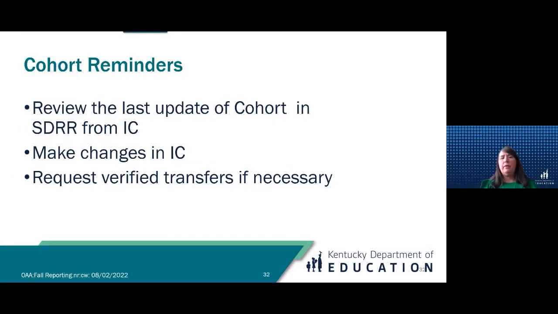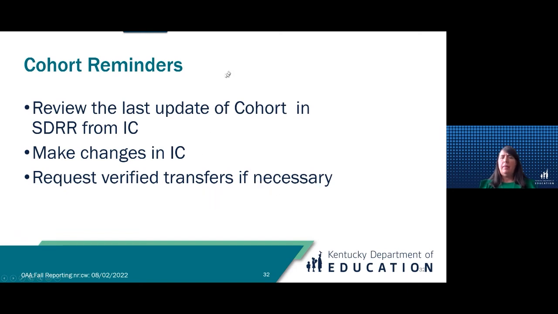Cohort reminders: review the last update of cohort, like I showed you in red. When you click on cohort from IC, that will be August the 5th. Make changes in Infinite Campus. You would request verified transfers if necessary, and accountability and non-participations can be done in SDRR.